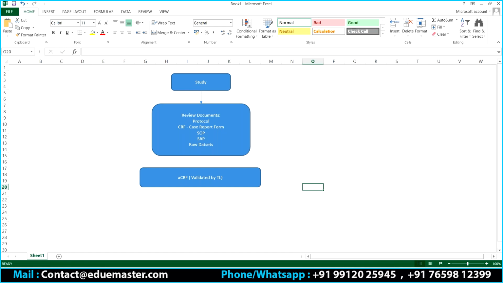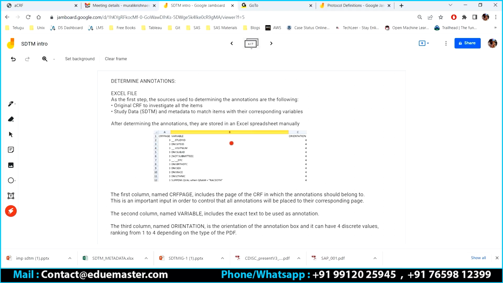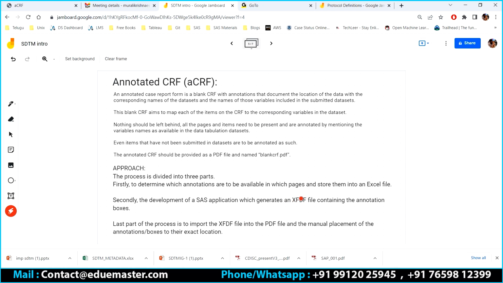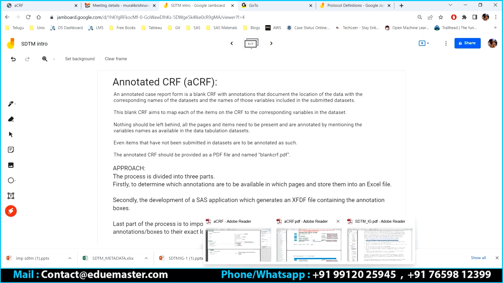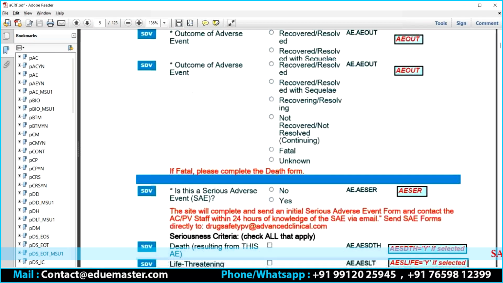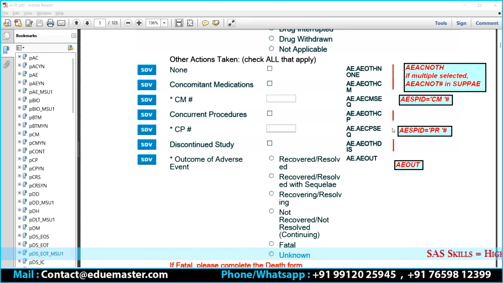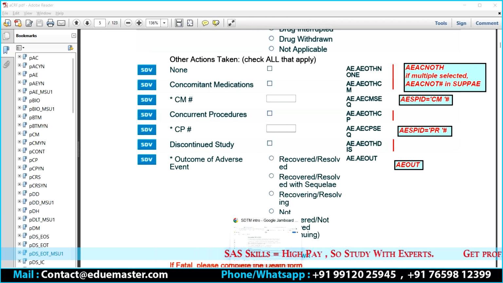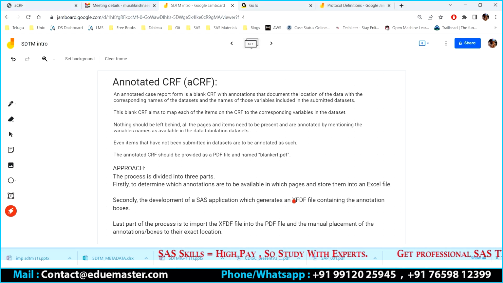Once we have this Excel, we are going to supply it to the SAS program. The SAS program is going to convert this Excel into an XFDF file. The XFDF file is the one which is going to have all these boxes. Can you see this? These annotation boxes are part of that file, and that file is called the XFDF file.